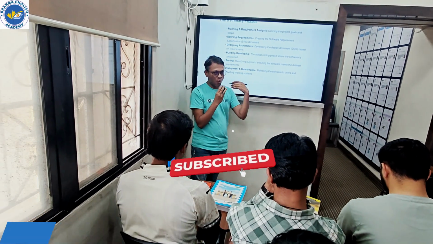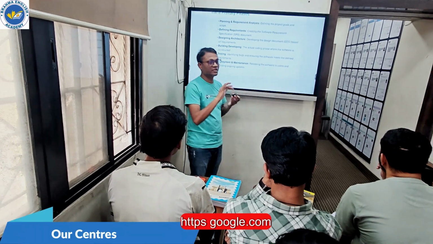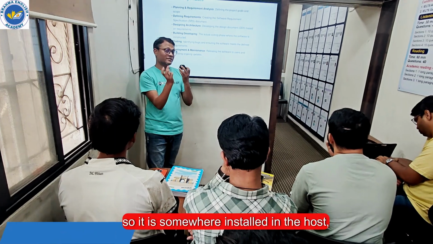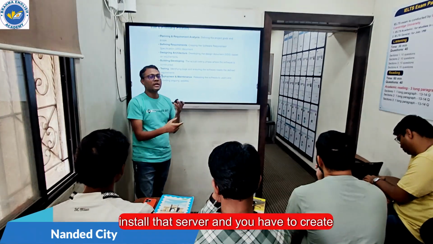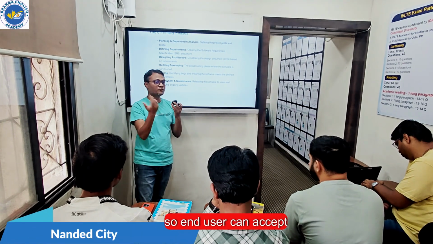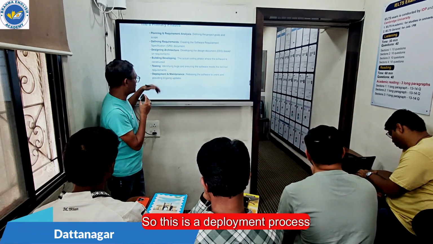You have to host it somewhere so everyone can access it, for example https google.com. It is installed somewhere on a host, right? So you have to install it on a server and create the domain name, so the end user can access it by URL. So this is the deployment process, and then